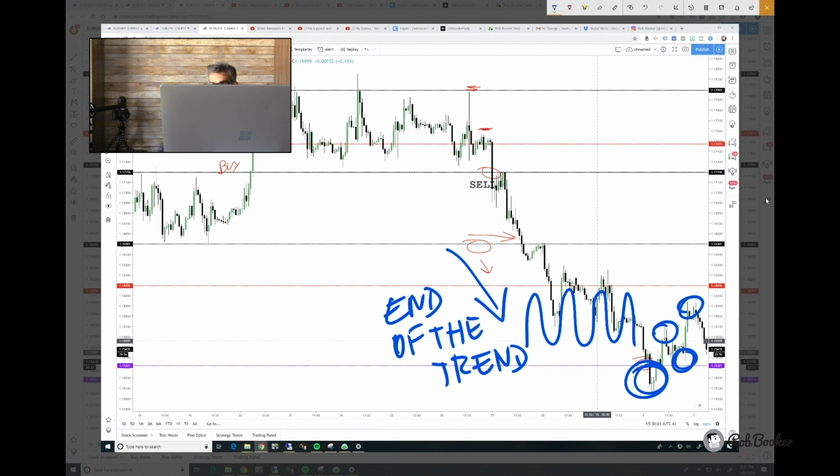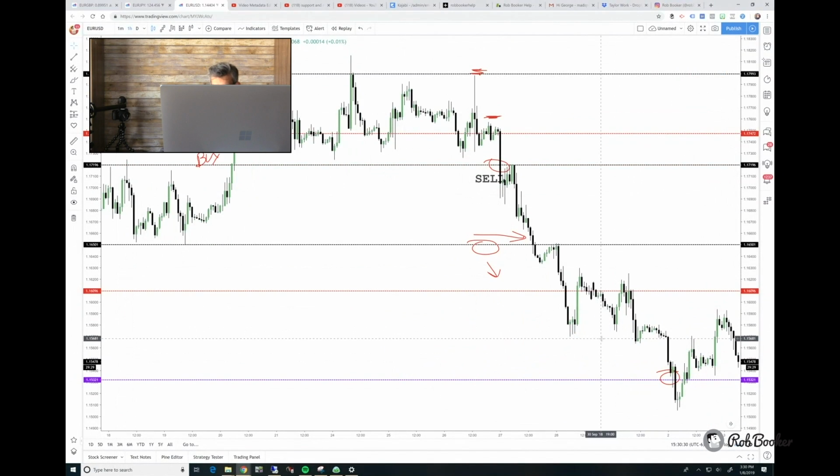going to move up and down, backwards and forwards. So in other words, what we're trying to do here isn't just time the emergence of brand new trends. What we're trying to do is make sure that we're selling when the trend is on the downside, and we're buying and selling at the end of that trend. And then if we start to make a really steep incline up and away, then we start to favor buy